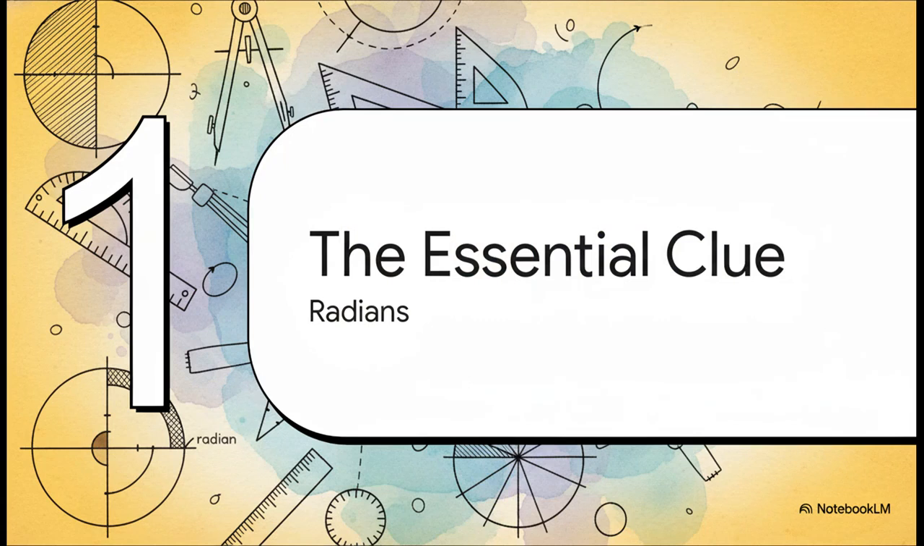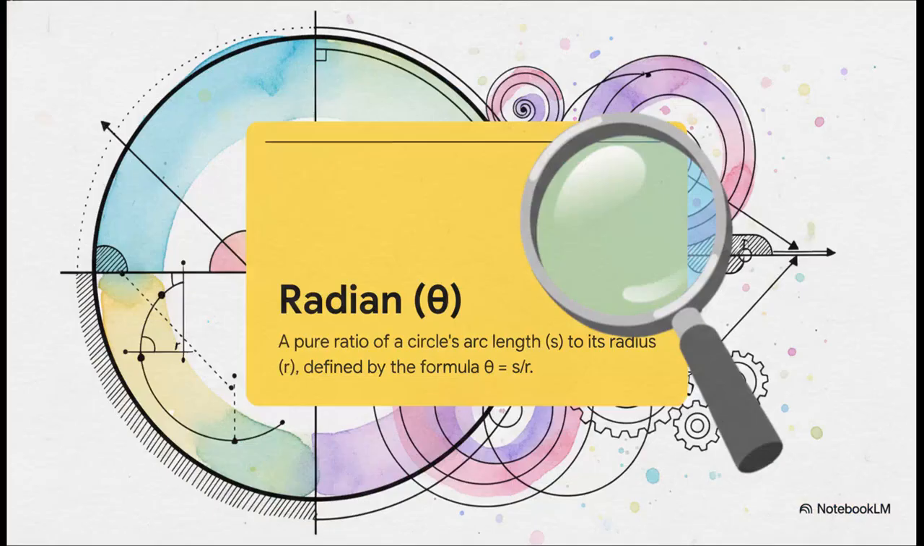Okay, so to solve our riddle, we first need to reach into our math toolkit and grab a really crucial tool. And that tool is something you probably remember from trigonometry class, the radian. So what even is a radian? It's not just another way to measure an angle, like degrees. It's way more fundamental than that. It's a pure natural relationship between the length of an arc and the circle's radius. And this definition right here, theta equals s over r, this little ratio is the key that's going to unlock